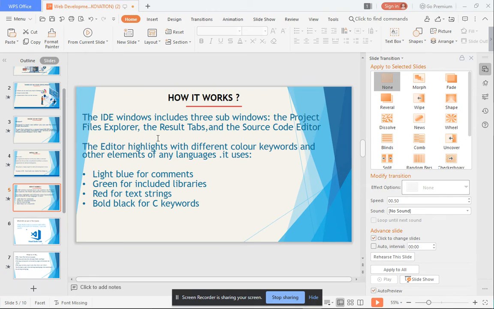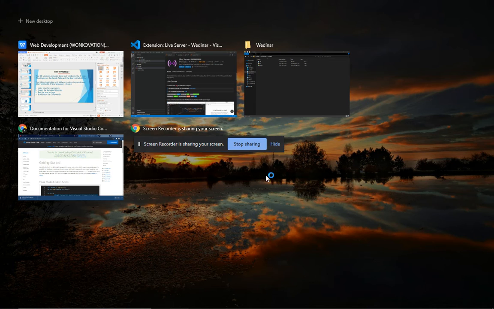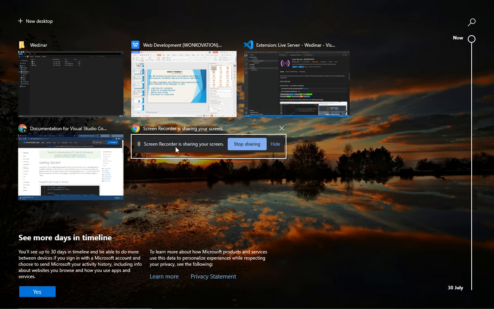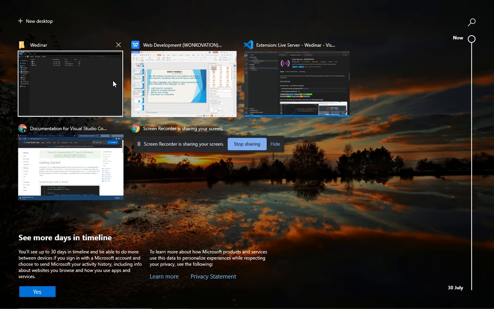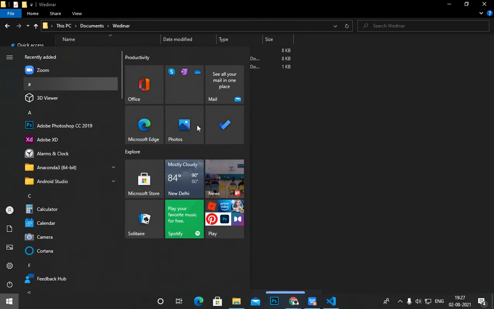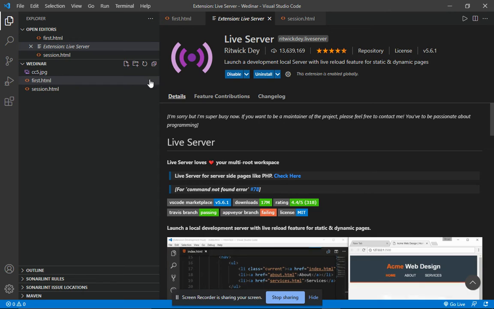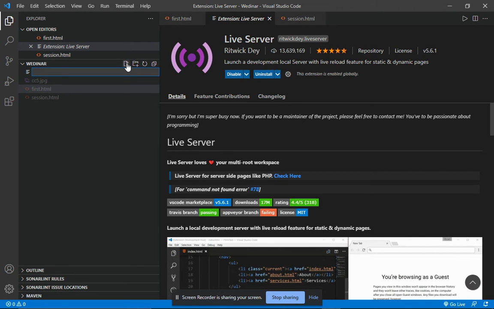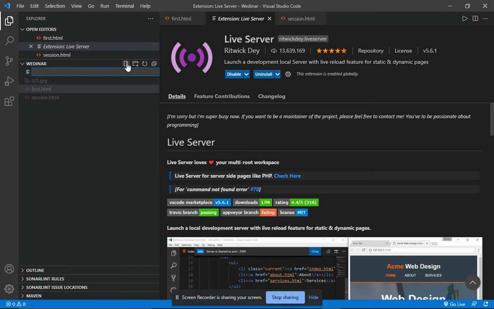Here I say light blue for commands, green for include libraries, and so on for any language. If you want to create a Python file, you can see here in VS Code, I write del.py.